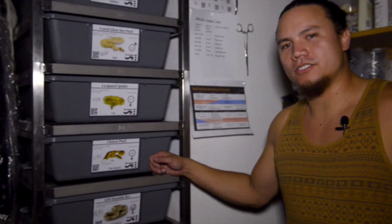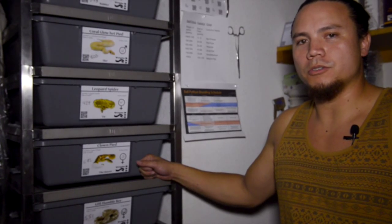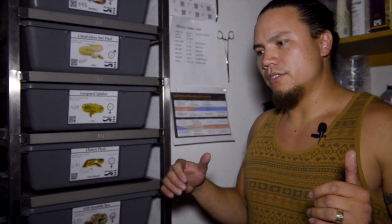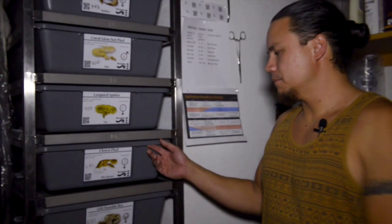Basically, with ball pythons, they don't like a lot of space. In fact, they prefer less space than more space. If you put a snake in an enclosure that's too large, a lot of times they won't even eat, and they'll be stressed out because they have too much space. Even in the wild, they climb into little termite burrows, old termite mounds, and curl up in a tiny spot and get nice and cramped and tight and wait for some food, which is basically what I provide with them here. If you come take a look,